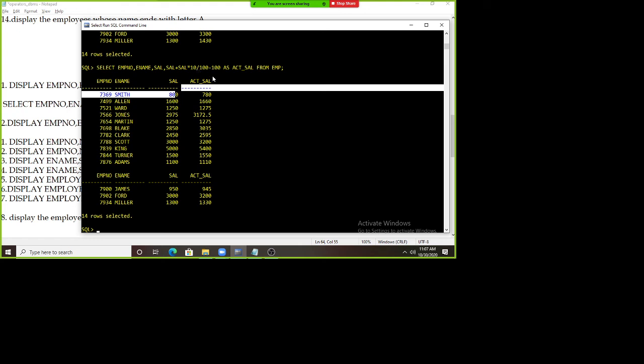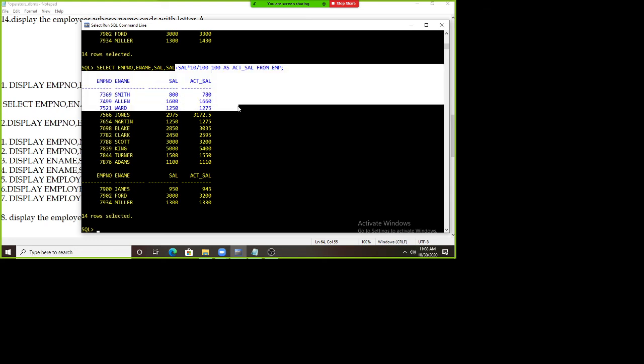So 100 rupees is common for every person, and the salary I'm incrementing is 10% for every employee. This is the way I'm going to use operators. So what operators did I use here? Arithmetic operators: plus, multiplication, division, subtraction. Are you understanding, everyone?